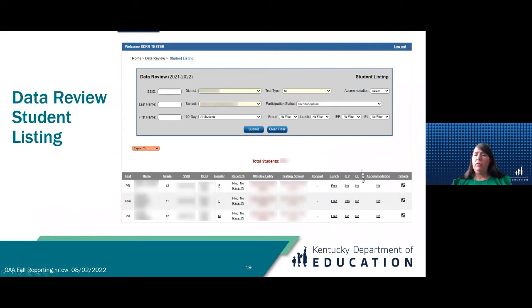So there are significant rules around each of our accommodations and around our tests. So be familiar with what accommodations were given. And like our post-secondary readiness, we do have accommodations given for ACT that had to be approved by ACT to be able to get a college reportable score and be part of post-secondary readiness.